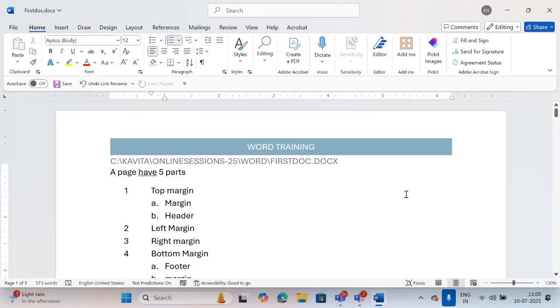Yesterday we started the session and we already learned about the Office, what is Office automation software, what is MS Office, what kind of tools are in it, and we started the work. So continuing with the topic, we are going to learn more features of MS Word. Yesterday we completed superscript, subscript and strike. So today we are going to learn about the